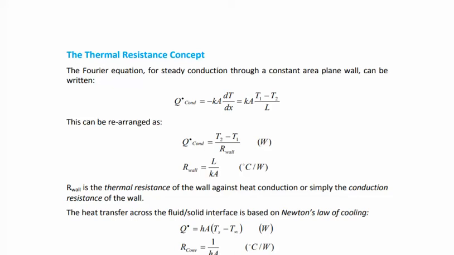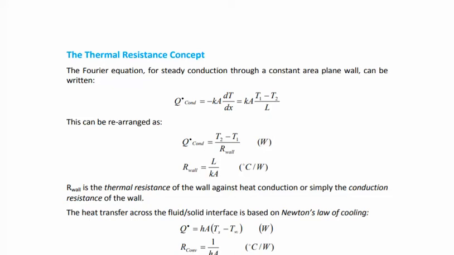The heat transfer across the fluid and solid interface is based on Newton's law of cooling. This law has been given by the scientist Newton. Q heat is equal to hA change of temperature,